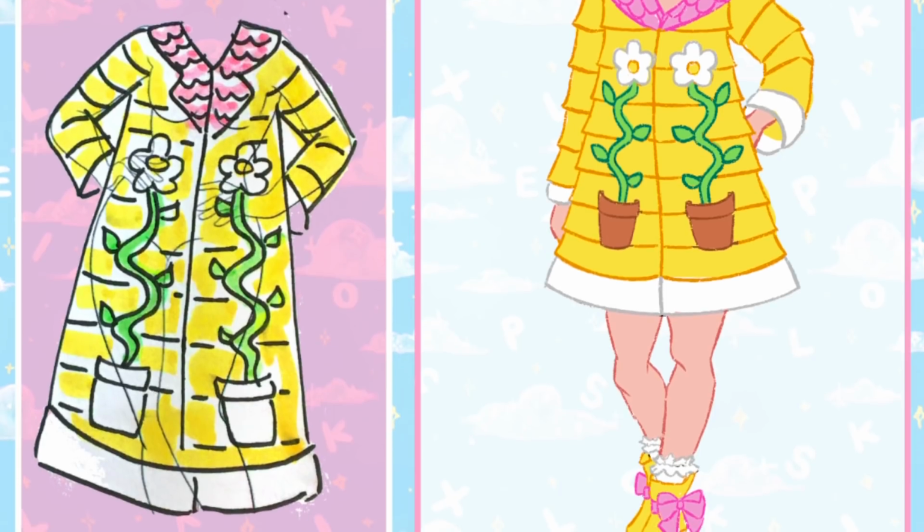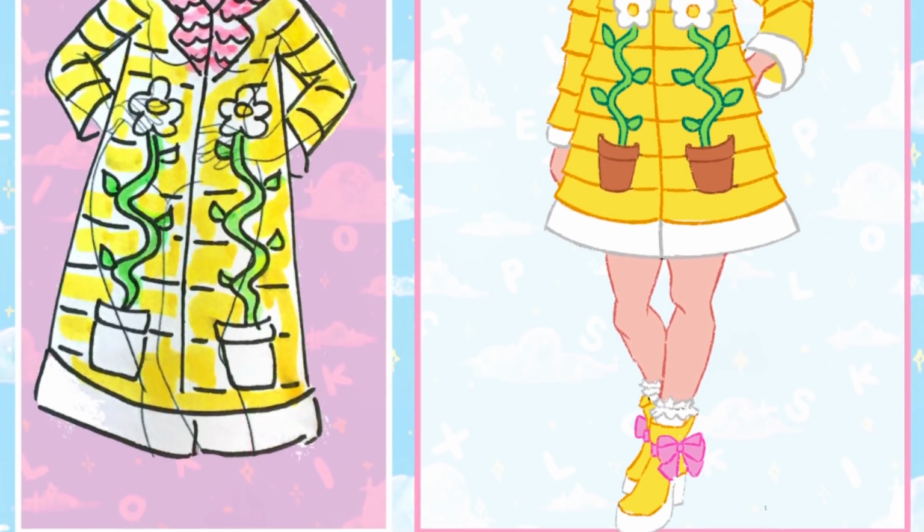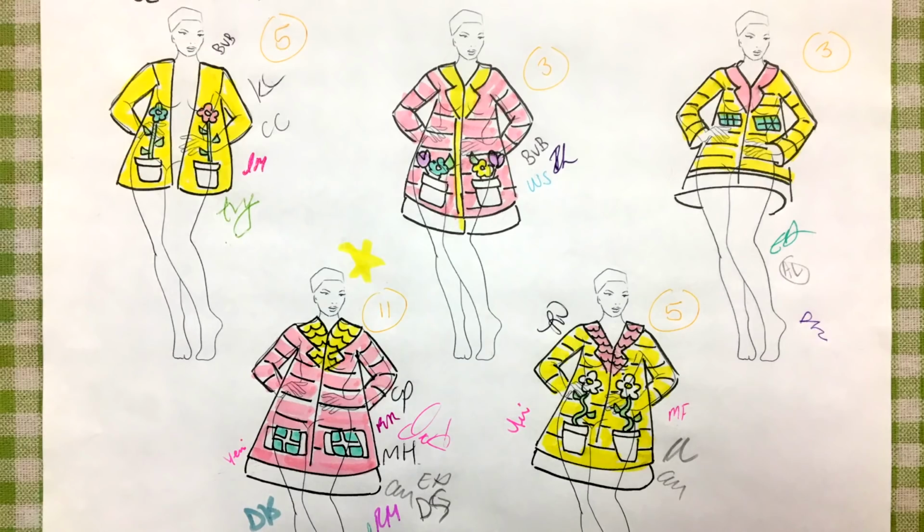This look is probably my most proud and most exciting one of the collection. Maybe the most unique. This look is a coat that is made to look like a house facade. So I have the front pockets here. I played around with lots and lots of different designs. I knew that I wanted a kind of super kitschy novelty coat that looked like a house. I had it in my brain and I was like, I want windows, or I want a little garden box, and I want shutters and blinds and brick, and I ended up with this design,